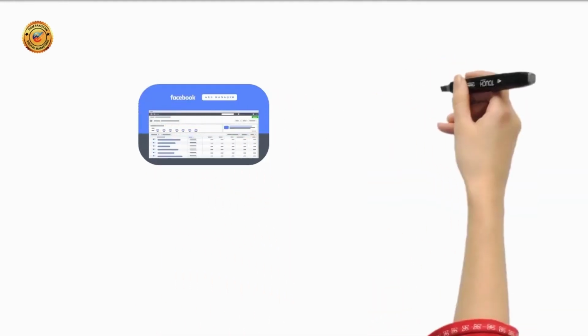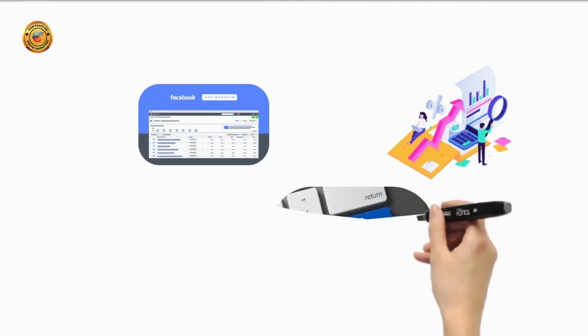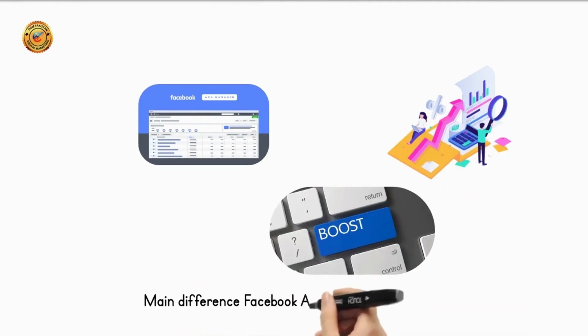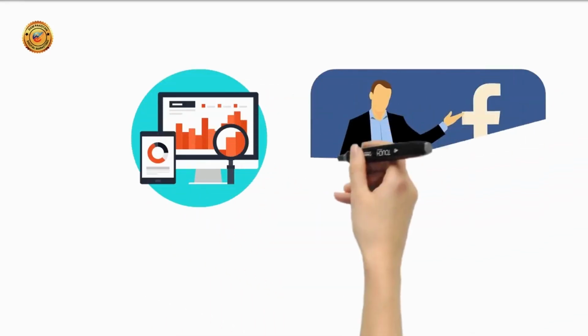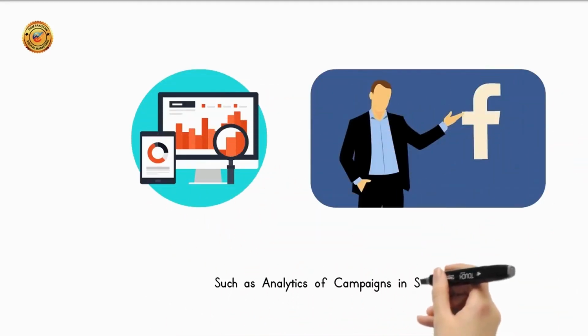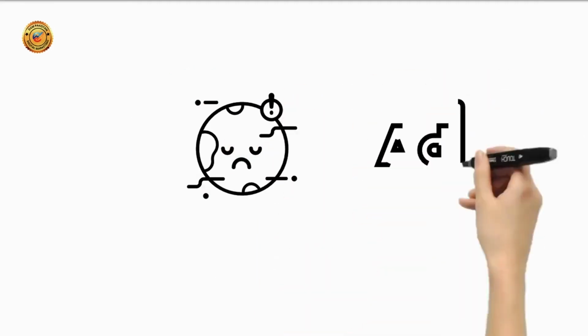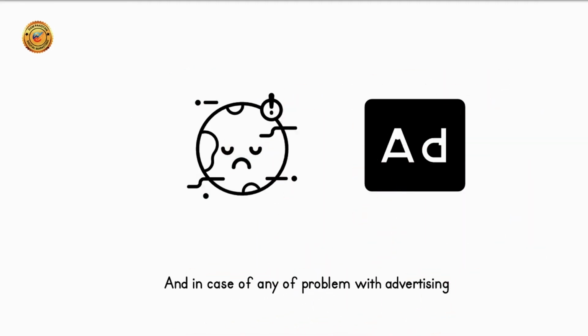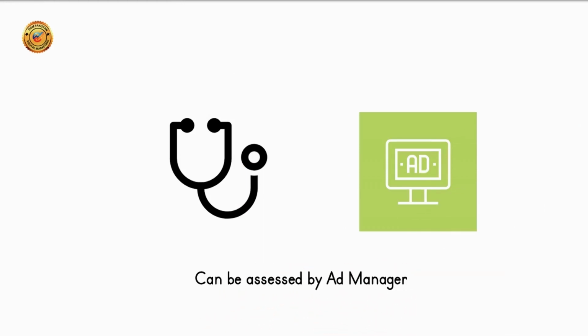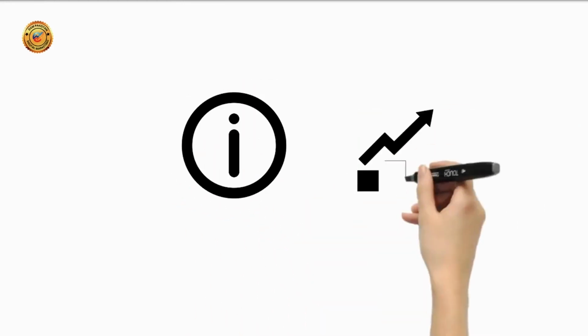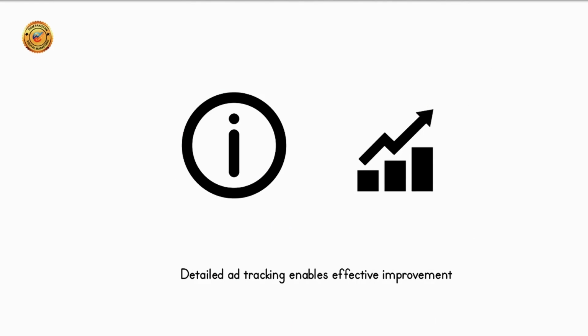Main difference: Facebook Ads Manager is a comprehensive tool with advanced features for creating and managing ads, such as analytics of campaigns in sites by Facebook Ads Manager. And in case of any kind of problem with advertising, can be assessed by Ads Manager, with the help of which further improvements can be made by tracking the